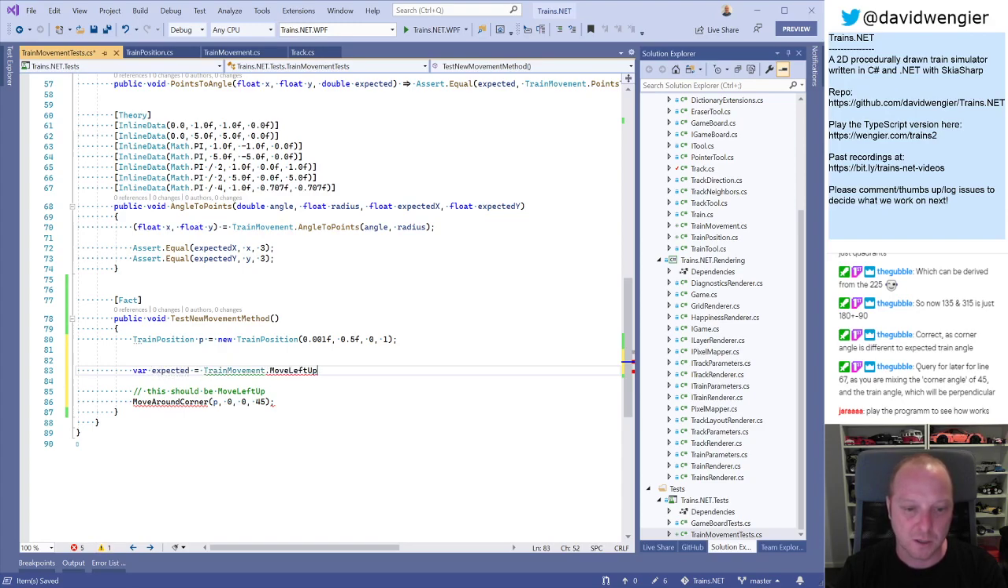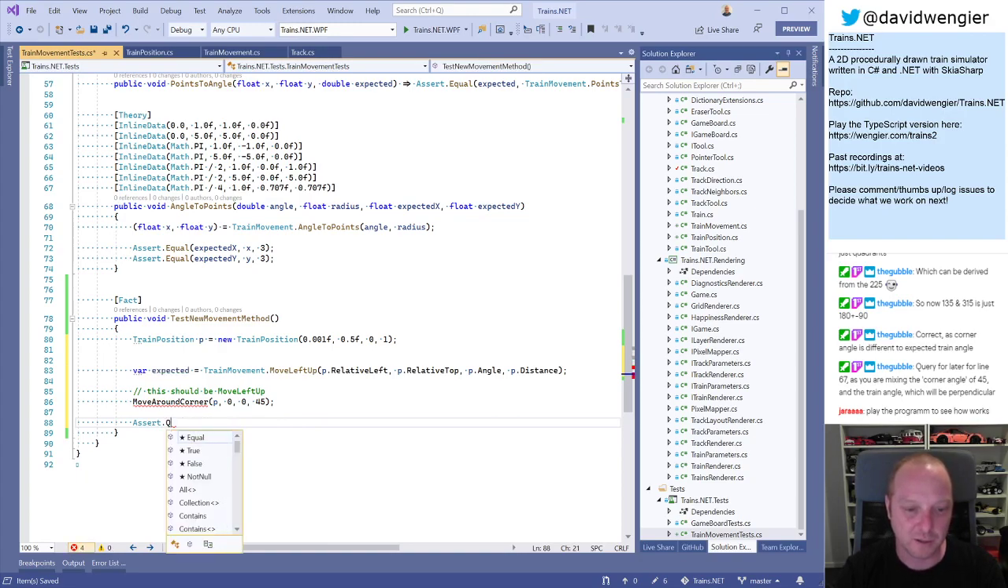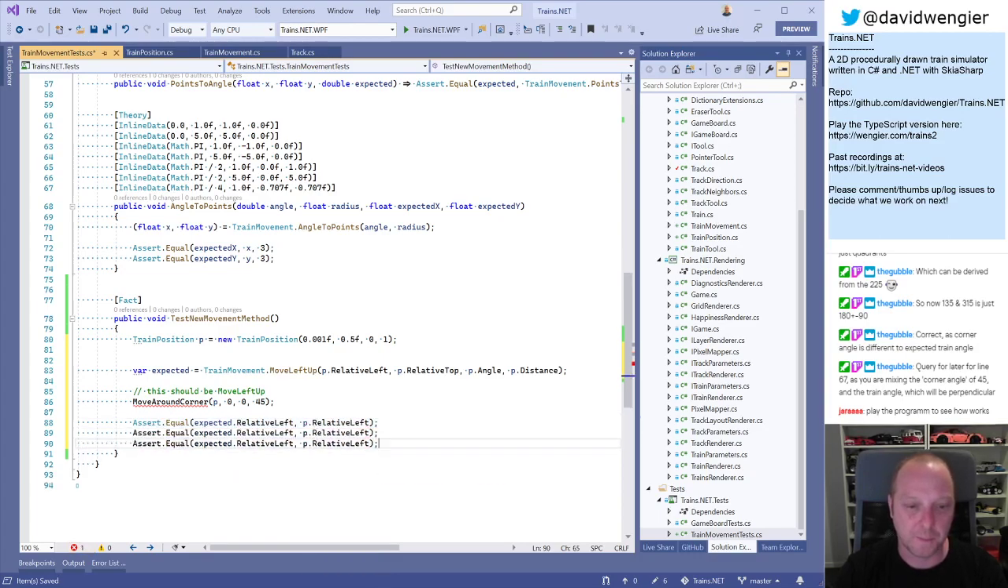Expected. So if I call move left up with left, top, angle, distance, that should get me the same thing as, so set.equal, I just deleted the equals method. What is it? Set.equal, yeah. Expected.left and p.left. Okay. Top, angle and